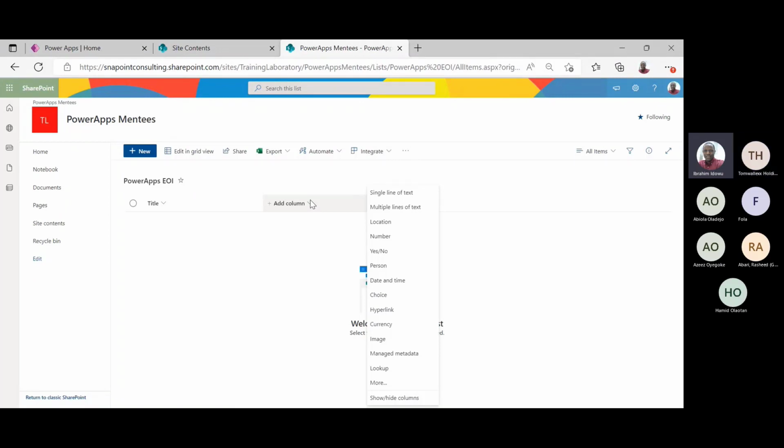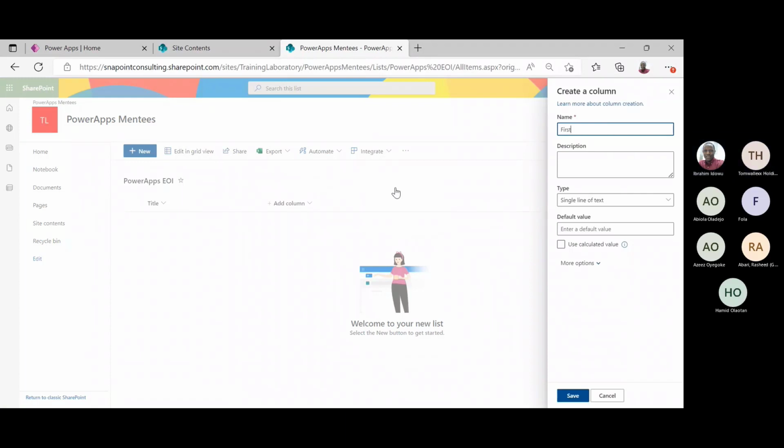Location, as the name implies, is used for storing location. Number is used for storing number. Yes or no is if you need to make a decision, if the column is just for yes or no. Person is for if you need to specify the name of the person within the organization. Date and time. Choice, maybe like for instance, gender, male or female. But for my first name, I'm going to choose single line of text. So I'll say first name,